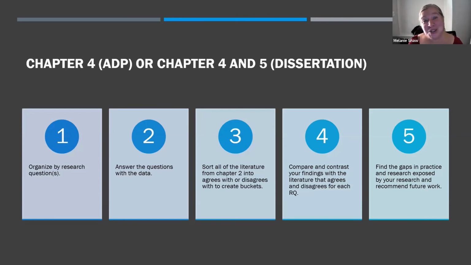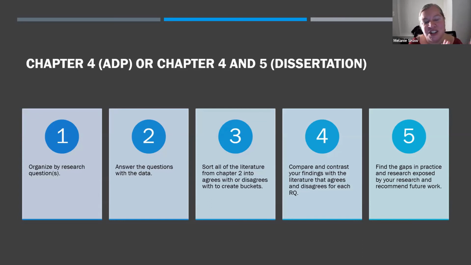And so while the student is waiting on those reviews, I have them go back and look at chapter 2. I have them take their 2 buckets of their research questions, or 3 buckets or 4 buckets, depending on how many research questions they have. And I have them sort those into agrees and disagrees. And then I have them identify which of the literature goes into which of those buckets